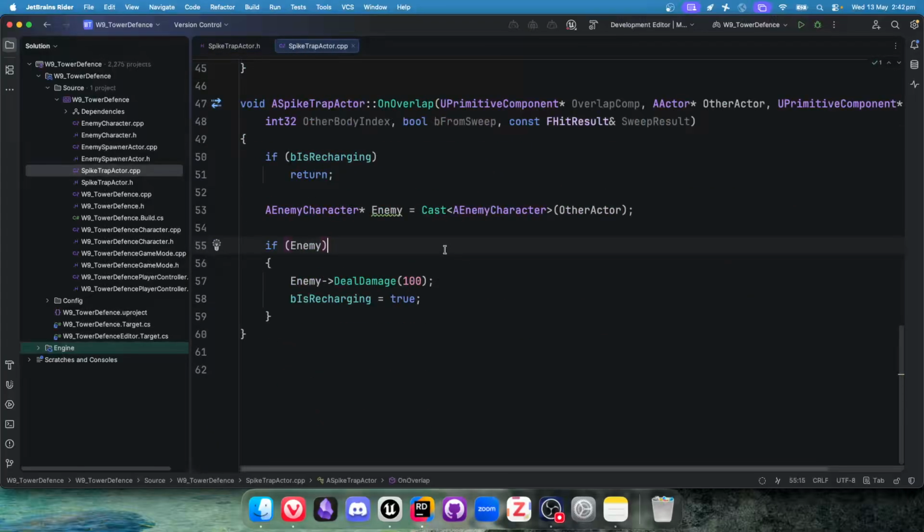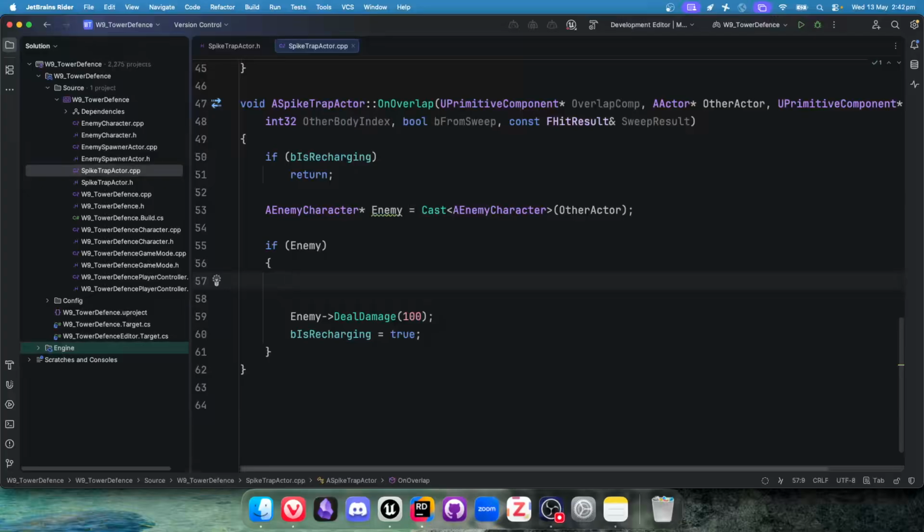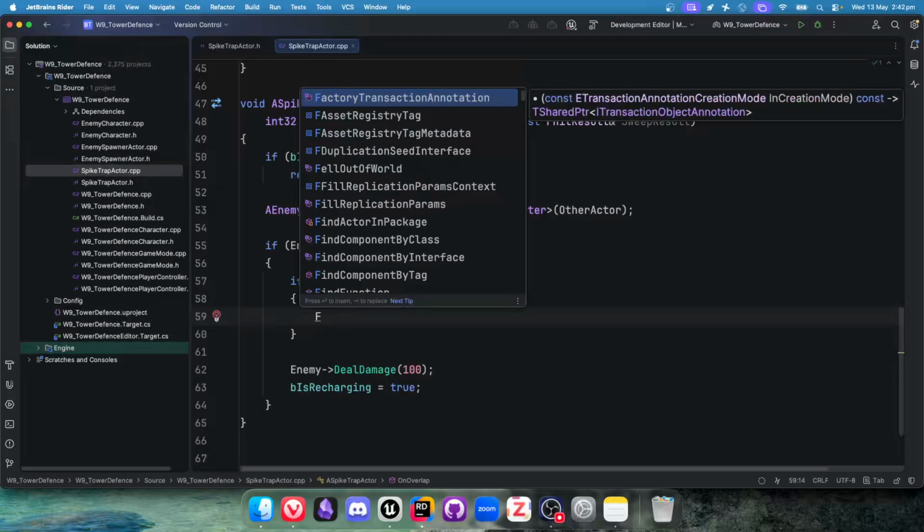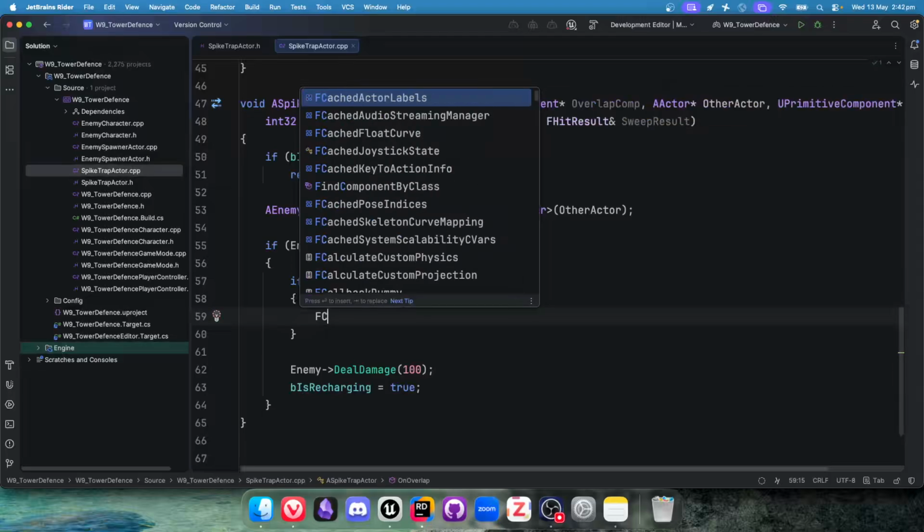All of our changes are going to be down inside of our onOverlap, where we've already got our enemy. So if the enemy, because we don't want to spawn a particle if it's not the enemy. If spike particle system, so if it actually has a system set, we're going to set this from the blueprint. We're going to create a spawn position. So there's going to be an F vector,